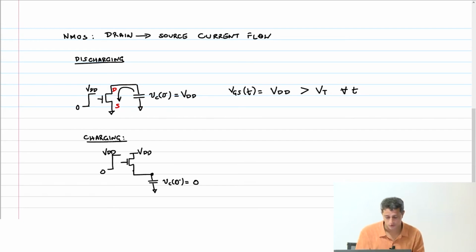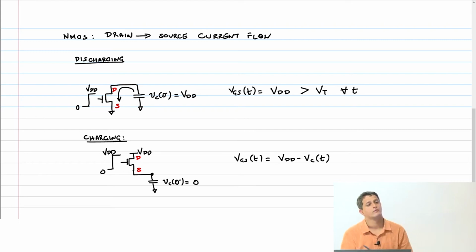Now what is the drain? What is the source? Which is higher potential? VDD will always be higher potential, therefore that has to be the drain, this has to be the source. So therefore, VGS of T is what? VDD minus VC of T, right. So what happens is this capacitor keeps charging all the way, and of course current,